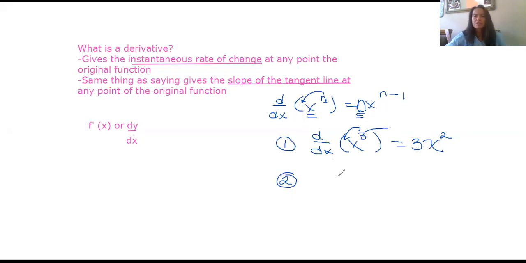I can make one up. Let's just say 4x squared. What I would do here is I would use this rule that goes along with it. It's called the constant rule, actually it's called the constant multiple rule. And what you would do is,